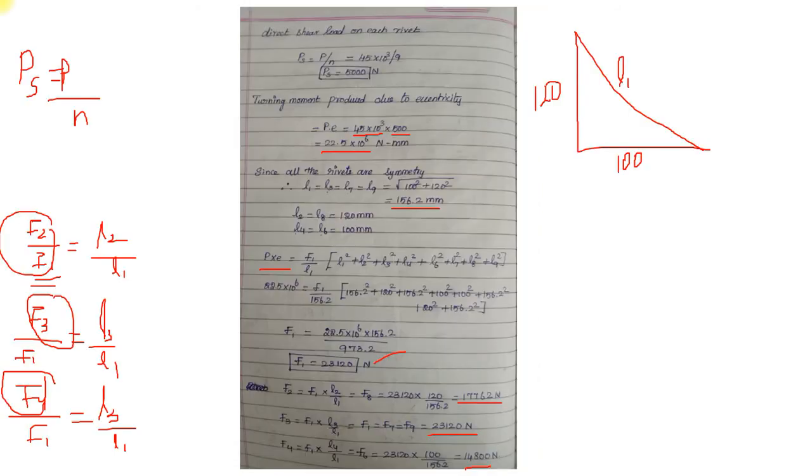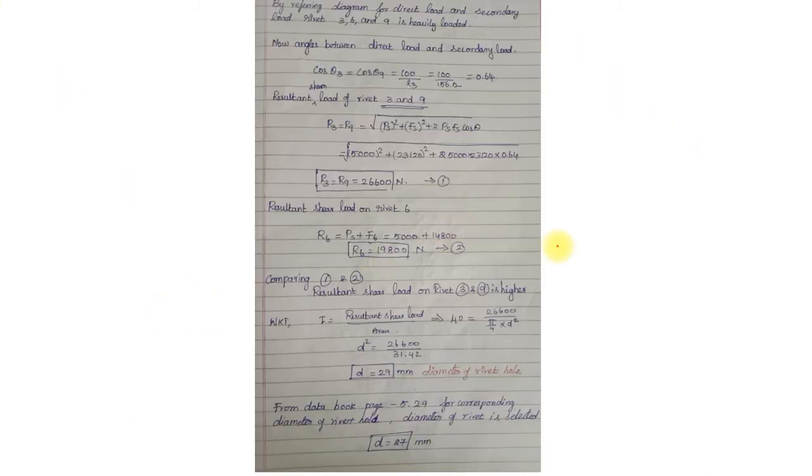So hence it is enough for me. There is another reason why I have found out only F2, F3 and F4. Since L2 is equal to L8, F2 will be equal to F8. Similarly, you can see here F3 is equal to F1 is equal to F7 is equal to F9, hence I have found out 1. And similarly L4 is equal to L6, so F4 will be equal to F6. That is very important. Since the lengths are the same, the values will also be the same.